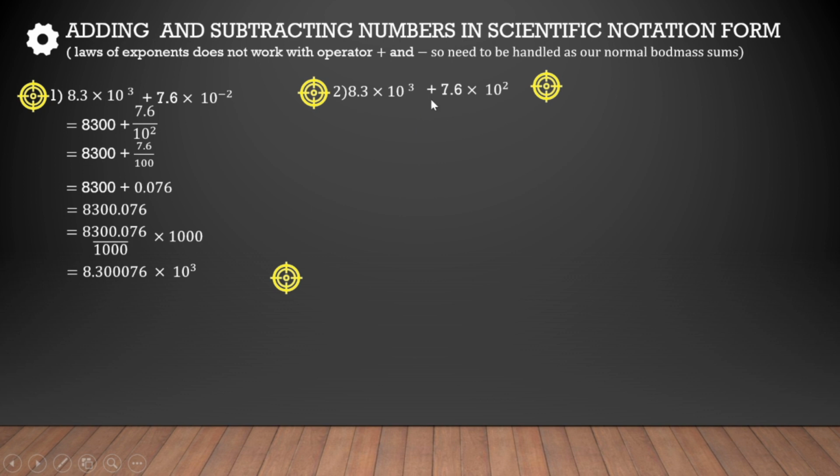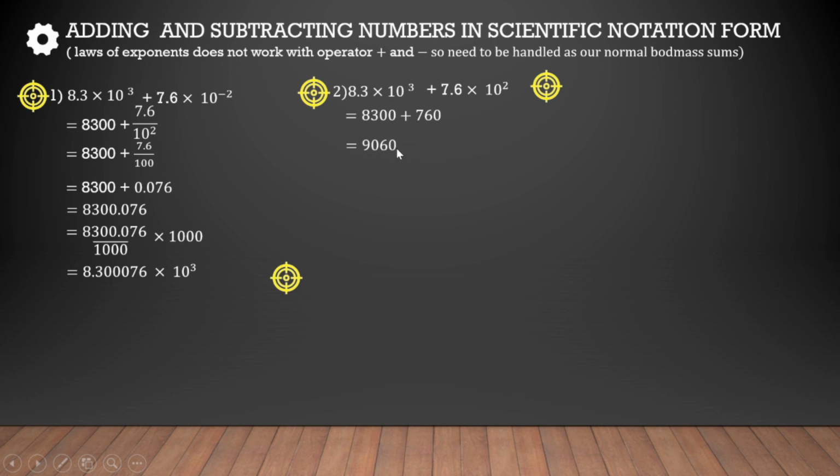Okay, next question is this. Again I chose plus. Actually there is no difference between plus and minus. If there would be a minus operator, the steps would be the same. Only at this point we would have subtracted. Okay, now here both the powers are positive, so we'll multiply by 10 raised to power 3. Decimal will shift 3 places ahead, here 2 places ahead. So it's gonna be like this. Then we'll add them up.